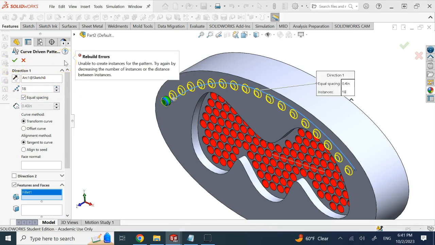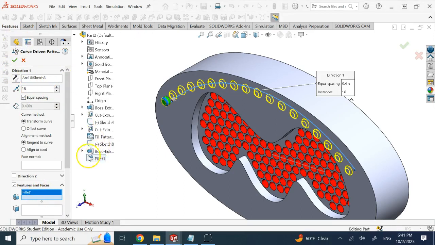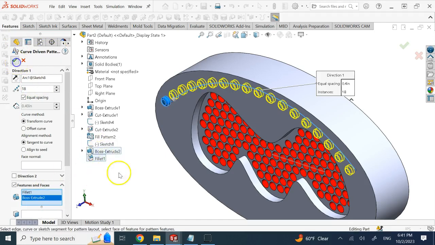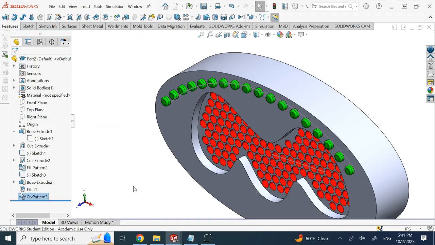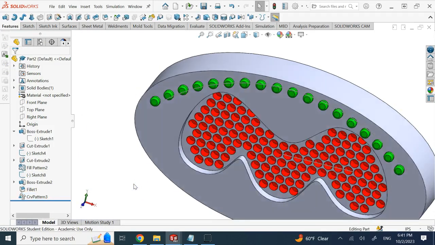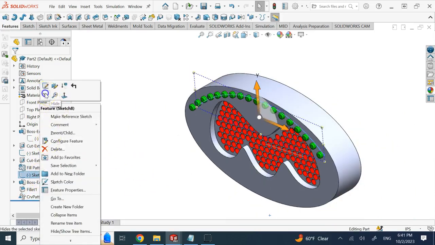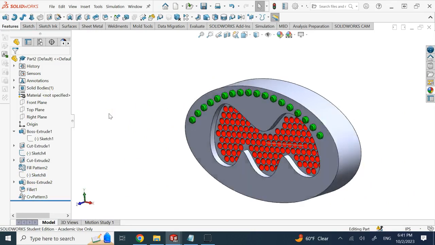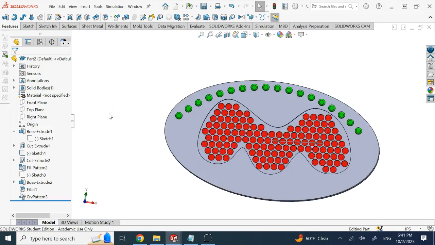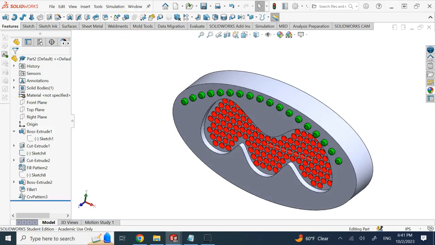And you okay that. Now here you see it gives you error. Why? Because I just chose the fillet. You have to choose the extrusion and the fillet here, okay? Otherwise, you are not going to create it. Here, look. There we go. Okay, so I can create this object like that. So these are two of them, a curve-driven pattern and a fill. Another one I want to show you is,